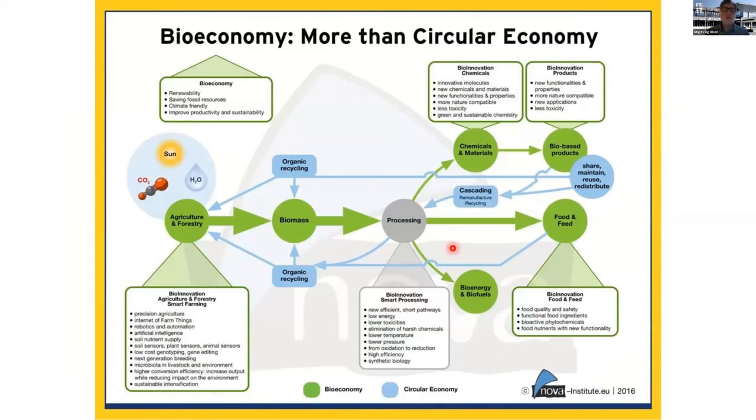One of the final slides I have here is to say that in the NoAW project, we are working very much both with the circular economy, but also with the bioeconomy. And with the bioeconomy, there's often a bit of confusion about what is what. The bioeconomy is actually much more than just the circular economy, because the bioeconomy addresses the use of our biological material, not just in a circular way, but also to use it as a provider of materials and chemicals to the modern industrial society. And the circular economy forms part of this in terms of trying to make a feedback of these materials and reuse them, as in the original definition I came up with, to try to maintain the value for as long as